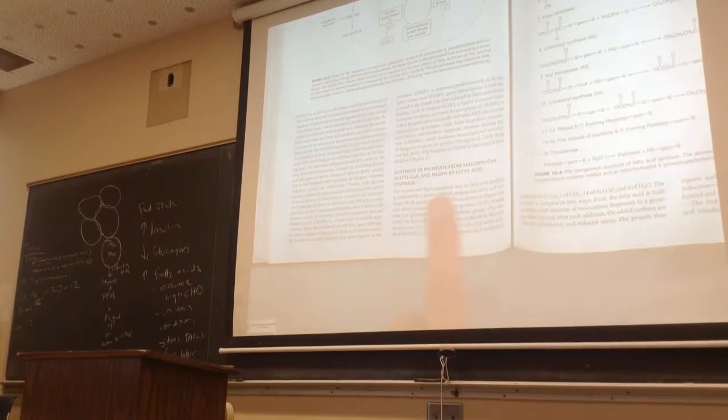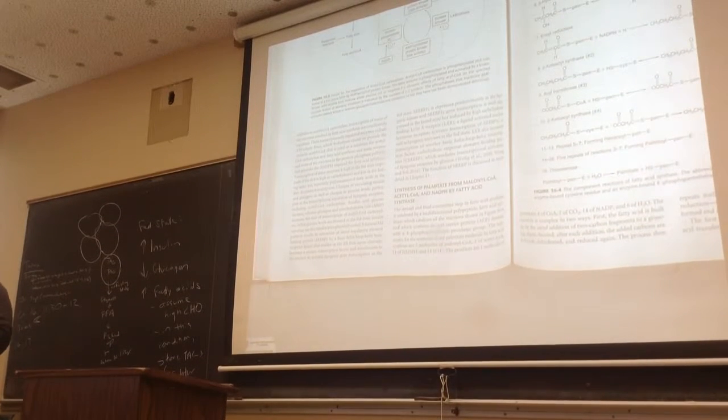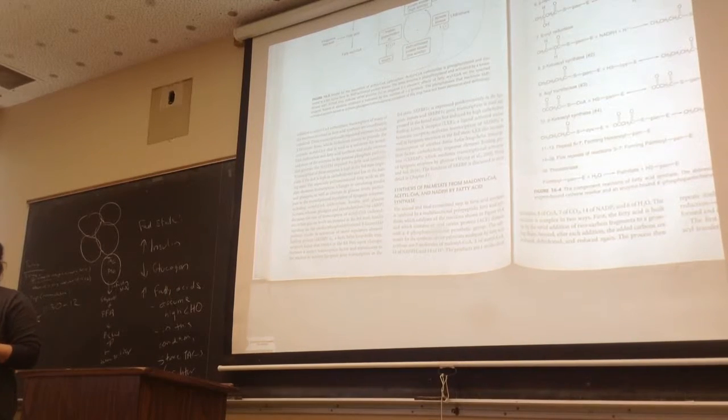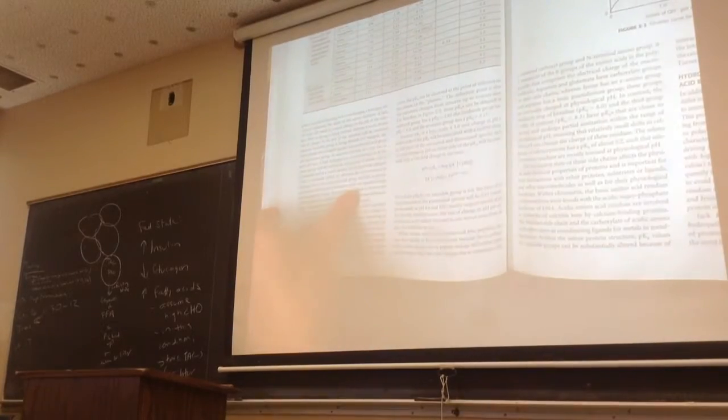So palmitate is our preferred production. That's what we like to make. It's just our natural, we've evolved to just make this one first. We can make other ones, but this one works. It's a saturated fatty acid. I can't remember, I don't think I put this one